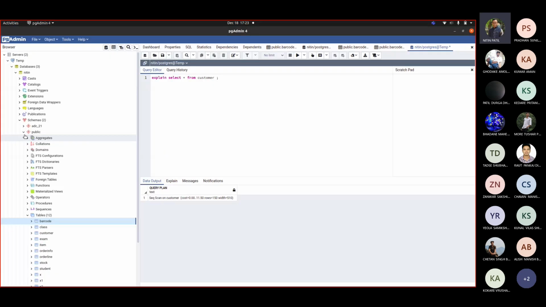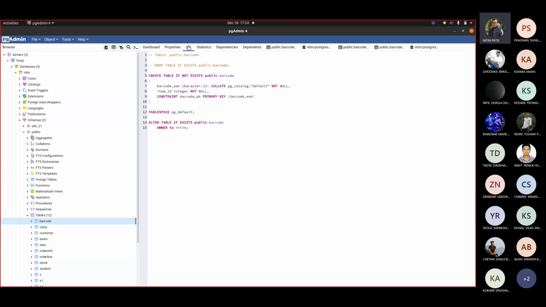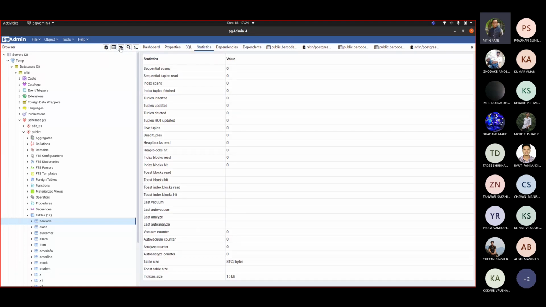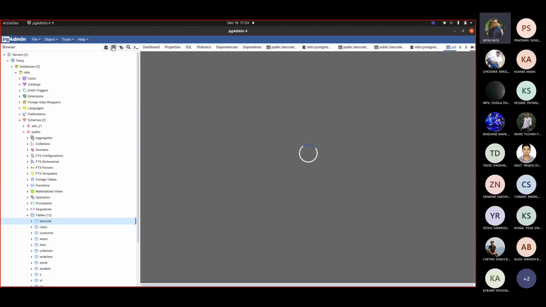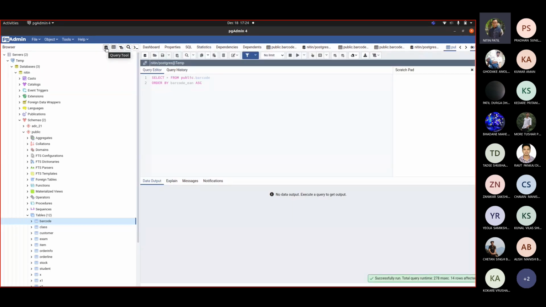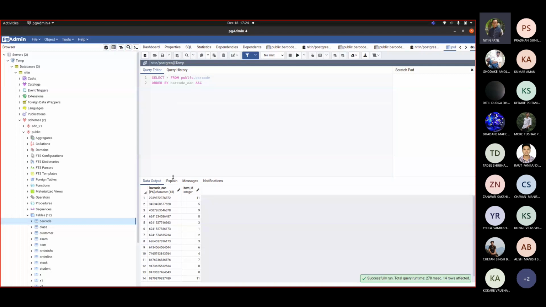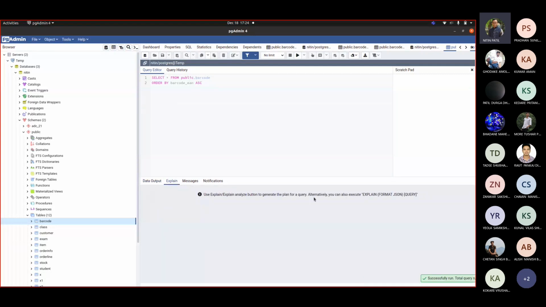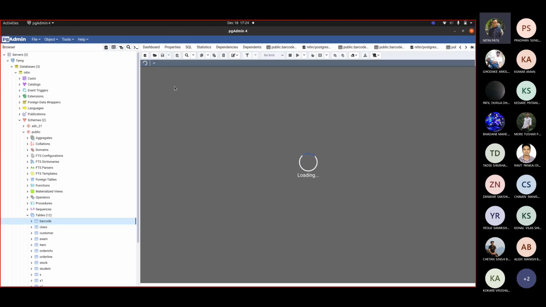Now, what would be possible for me rather to see this as a user interface, for example? What way can I see this, the visual explain, correct? So let us go here. Fine, and we fired this, and then we could see this explain. Though it says you have to write explain there, suppose let us go here. It is not permitting me to execute this.